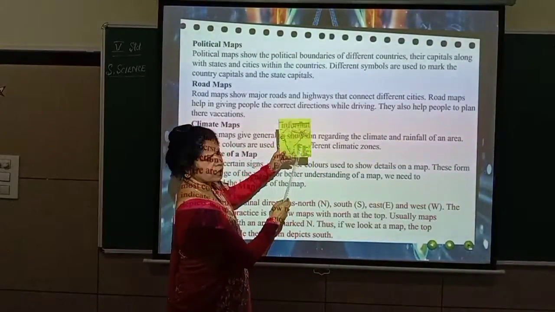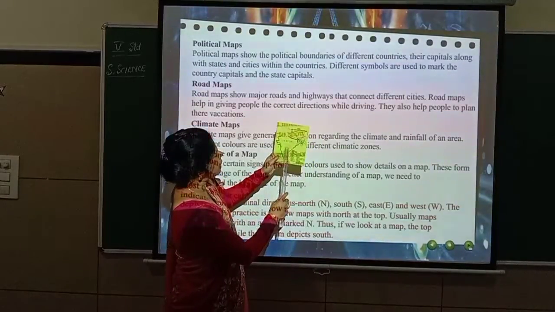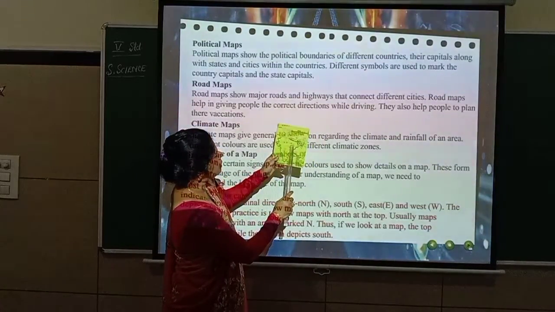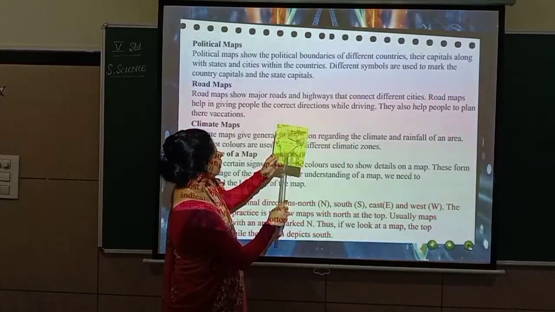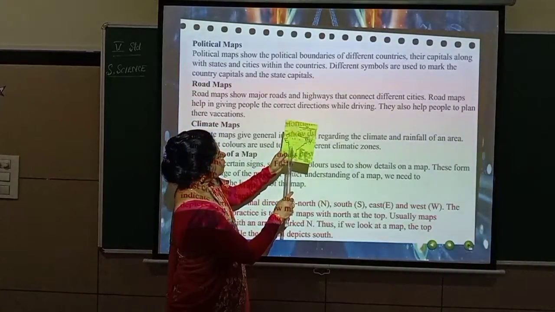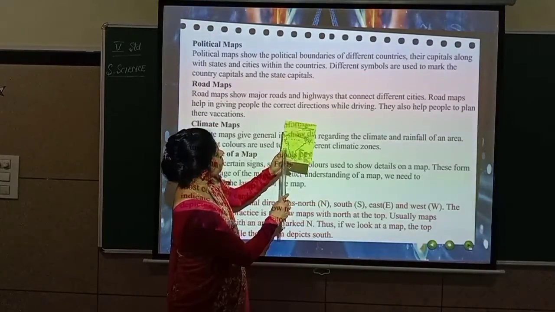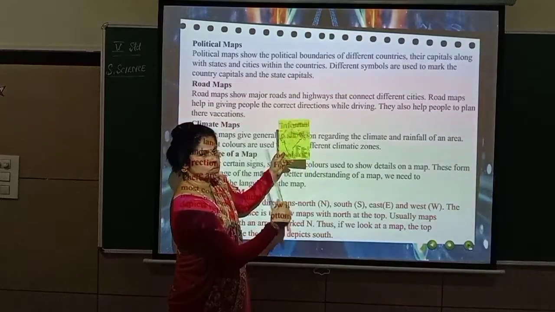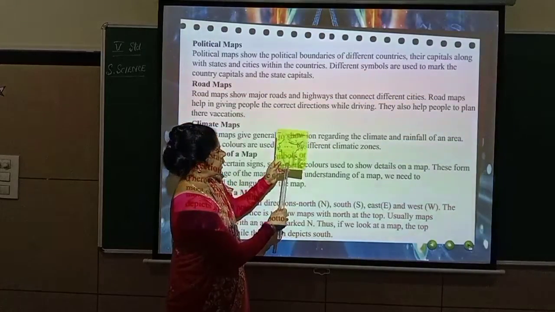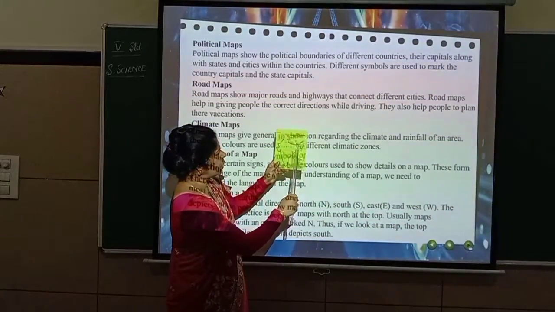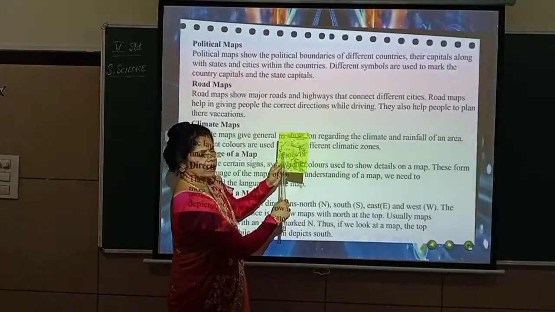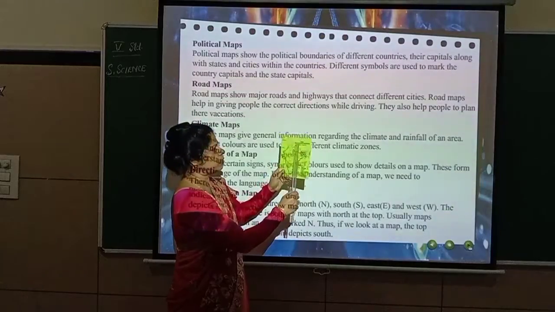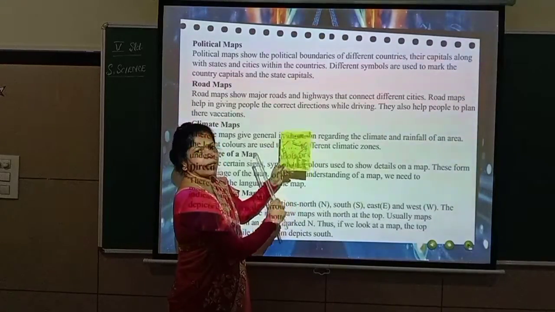you can see, but I don't think it is very clear for you. You can see the internal marking here, lines. That shows the different states. So Karnataka you can see here. So this way there are some lines drawn, so that shows the boundary of that particular state. Now this India, it again has a boundary line of India, so it is differentiated from other neighboring countries.